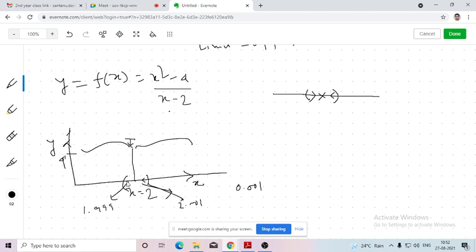Similarly, if I vary the value of x from the lesser values of 2 towards 2, we will be finding that the functional value will be moving towards 4 from the lesser values of 4. That means, let's say, 3.99, 3.998, 3.8989, like that. So this will be very close to 4, but lesser than 4. As we move towards 2 from the left hand side gradually, we will be finding that the functional value is gradually moving from the nearer values of 4 towards 4.